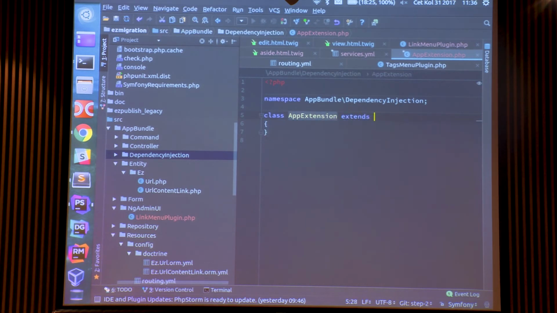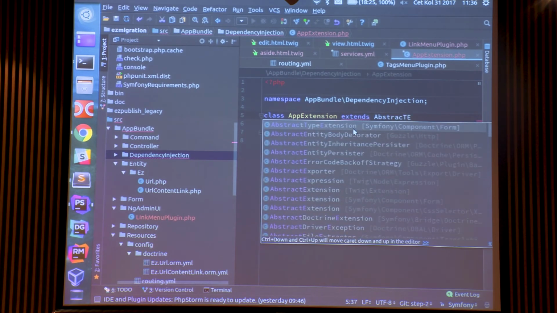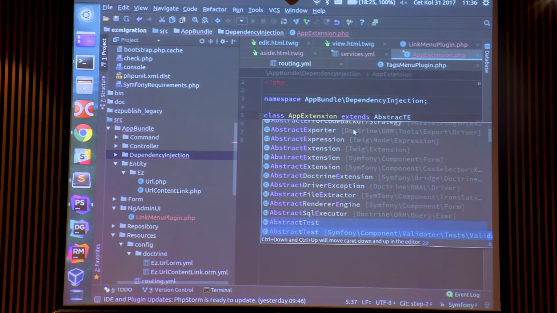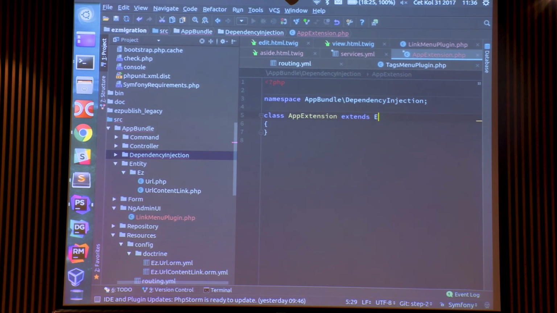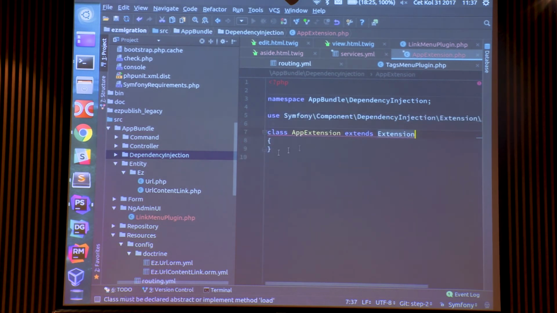We need to extend the abstract extension, I think, Symfony component, or just the extension maybe. Oh, here it is. And then we need to implement the method called